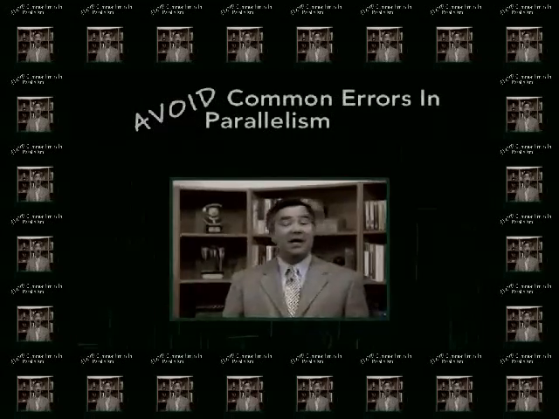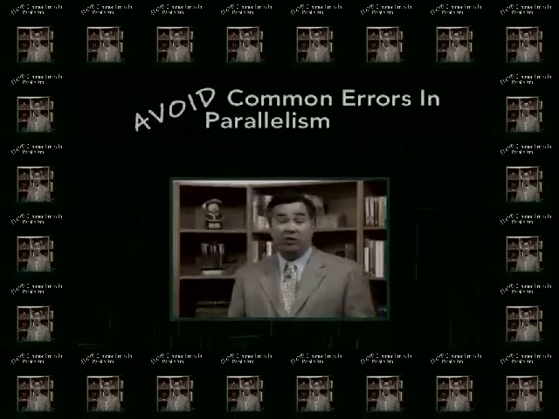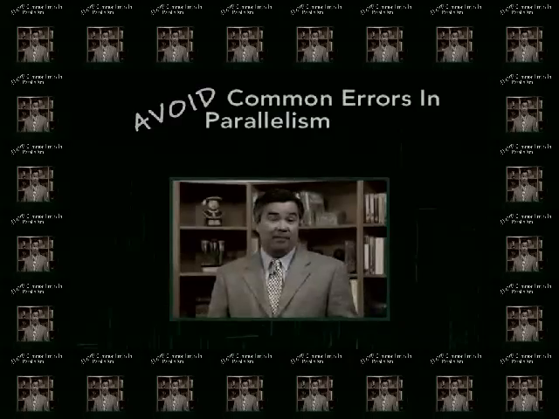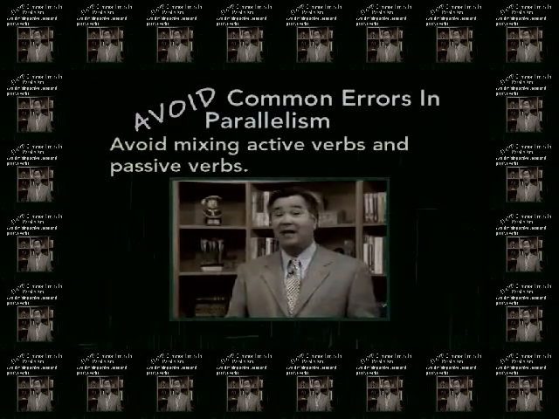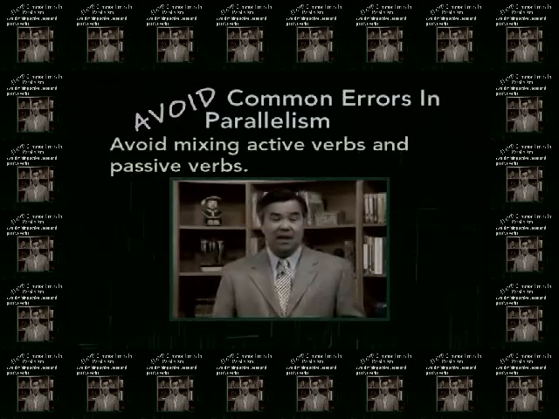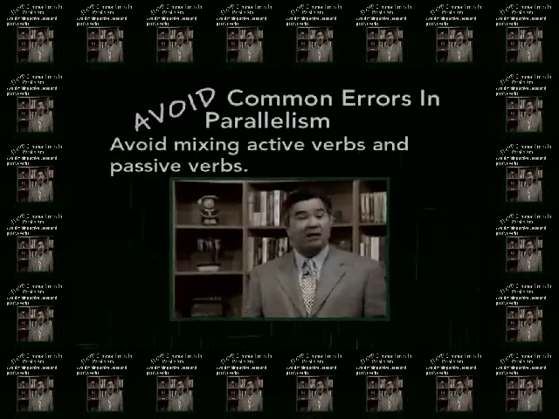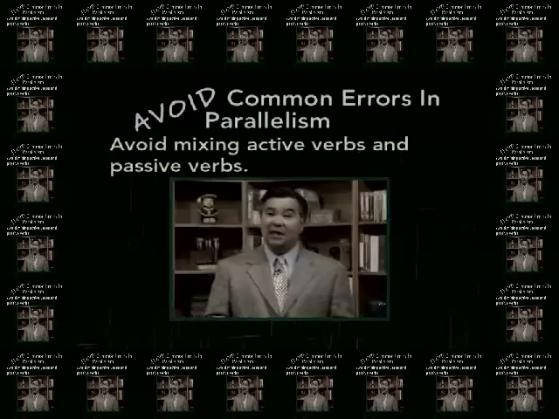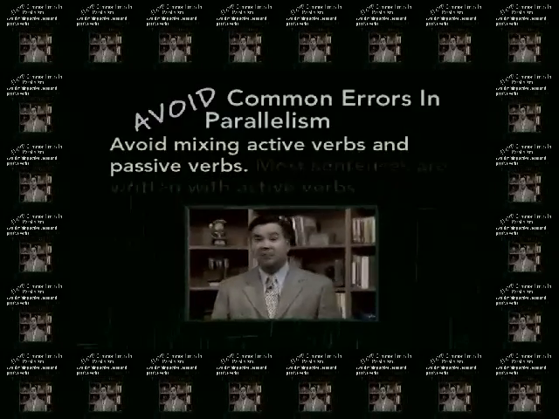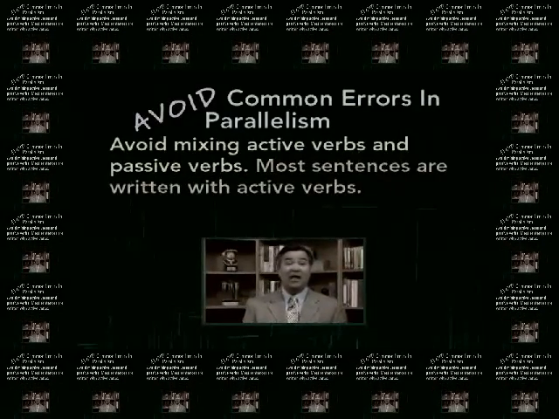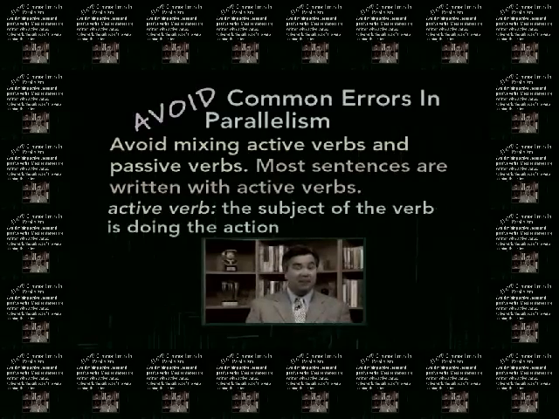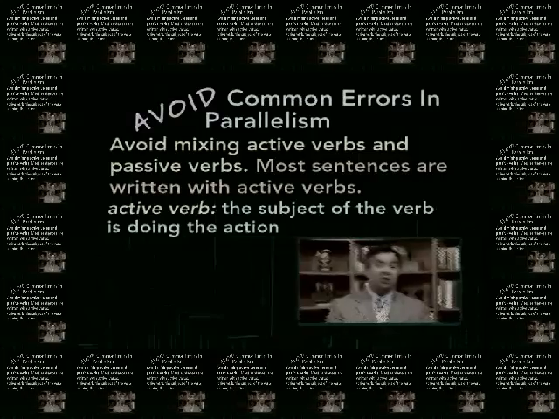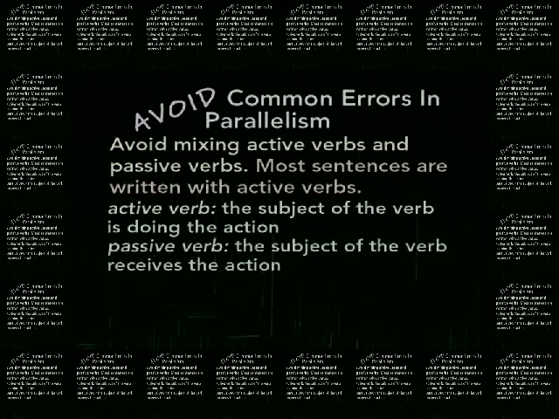Here's another tip as to what to watch out for to avoid a parallelism error. Avoid mixing active verbs and passive verbs. Now, active and passive verbs can both express similar ideas, but they are grammatically different. Most sentences are written with active verbs. In an active verb, the subject of the verb is the one who is doing the action. When a passive verb is used, the subject of the verb